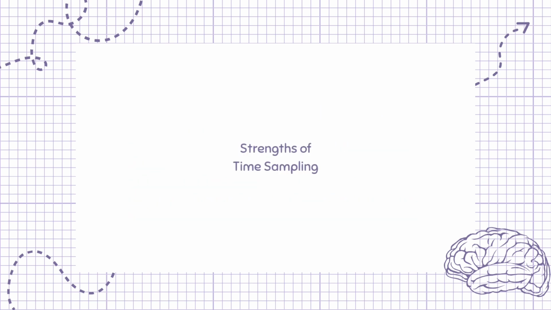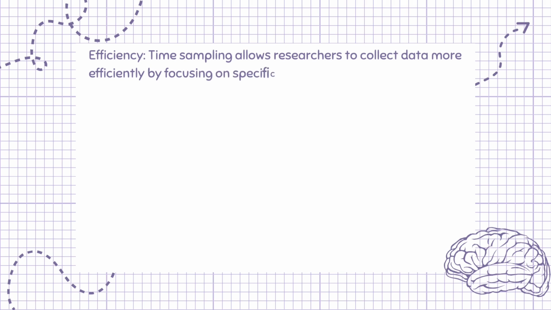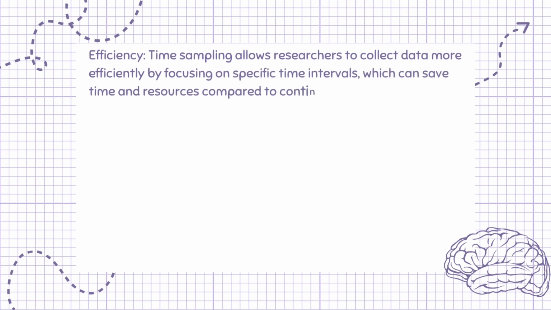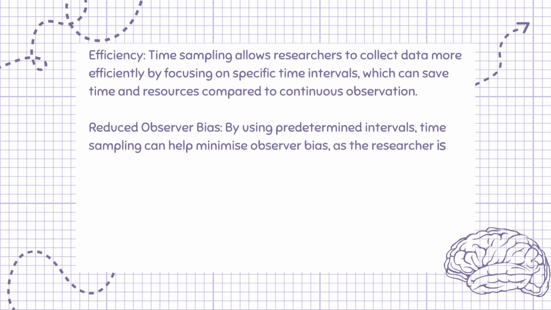Strengths of time sampling. Efficiency. Time sampling allows researchers to collect data more efficiently by focusing on specific time intervals, which can save time and resources compared to continuous observation. Reduced observer bias. By using predetermined intervals, time sampling can help minimize observer bias, as the researcher is less likely to be influenced by their own perceptions during the